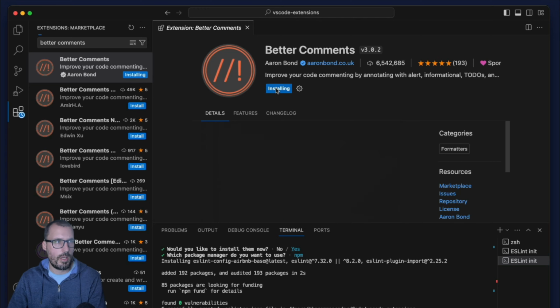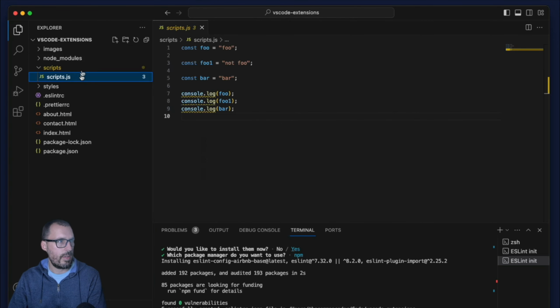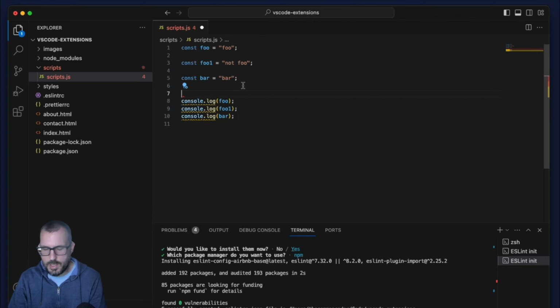So let me go ahead and install this. We'll look at this very, very briefly, and let's go back to my scripts.js. So let me go ahead and add a comment here, and I'll just say leaving these here for informational purposes. All right, so this is the normal green comment color. However, if I wanted to draw some emphasis to these, right, I can go ahead and add an exclamation point,